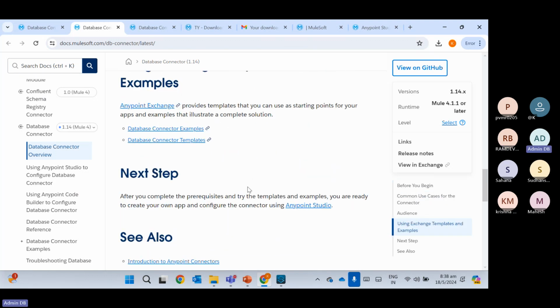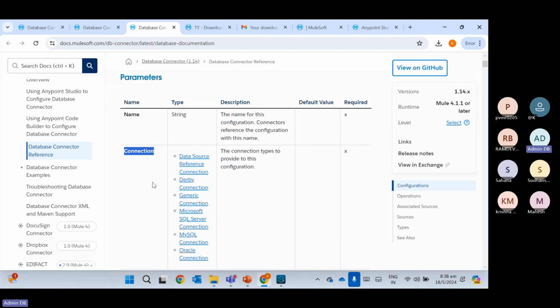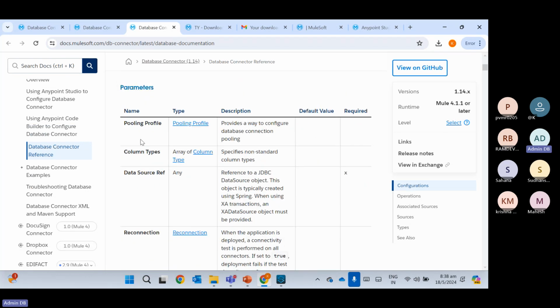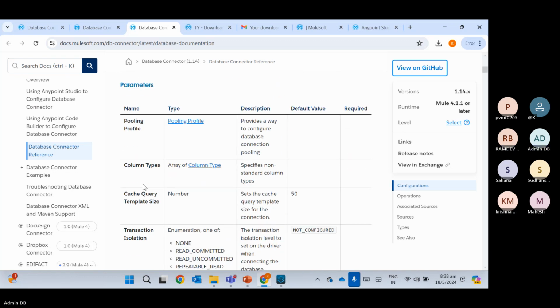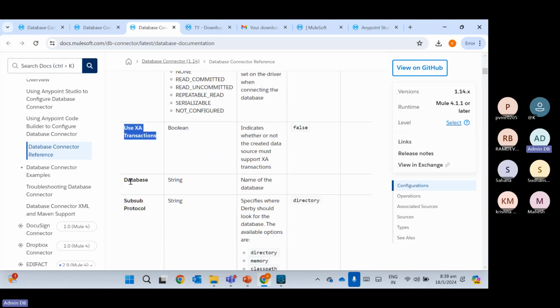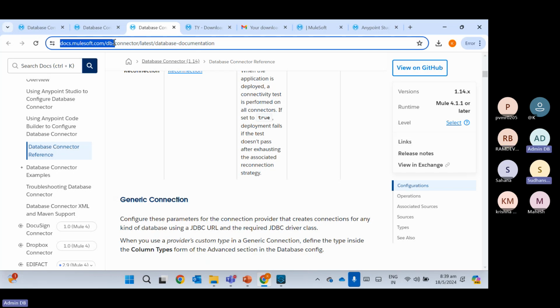Okay. So in this part, you will get all the property details: what is the meaning of that property and where to use it, like rolling profile, column type, data source reference, reconnection strategy, then transaction isolation, XA transaction. Everything you will get in this documentation. So Mulesoft has provided very good documentation on their docs.mulesoft.com website. In the same way we'll get information about all the palettes, whatever is available,